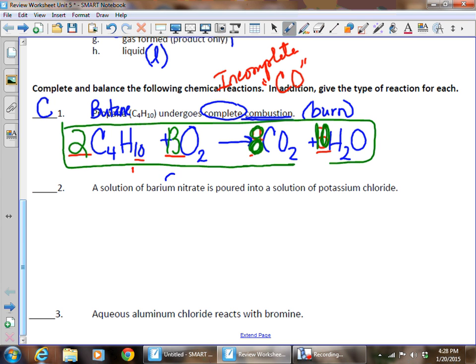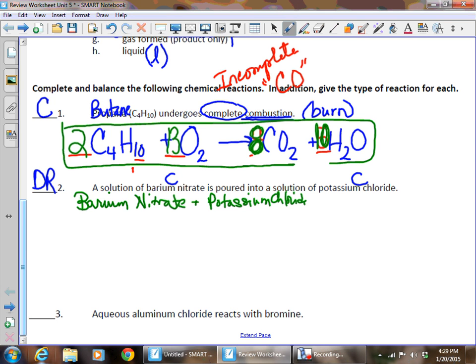This says we're dealing with barium nitrate and potassium chloride, 2 compounds. If I have 2 compounds, then this is going to be a double replacement reaction. Tell what type of reaction it is first. Please do yourself a favor, guys, and write this equation in words. If we have barium nitrate, and I'm going to start this a little further over to the left so I have plenty of room, if I have barium nitrate plus potassium chloride,